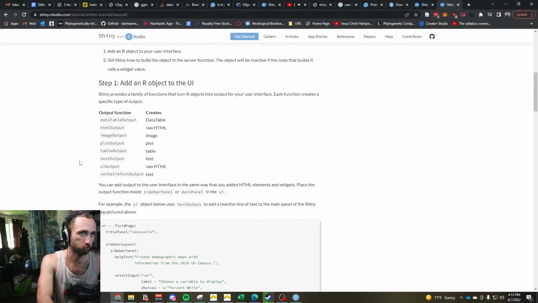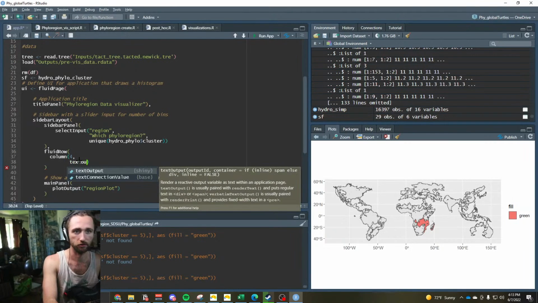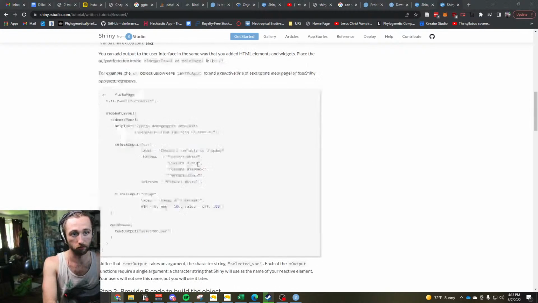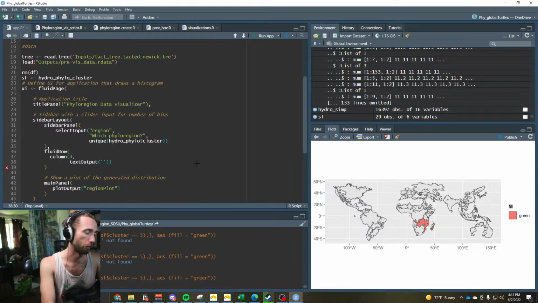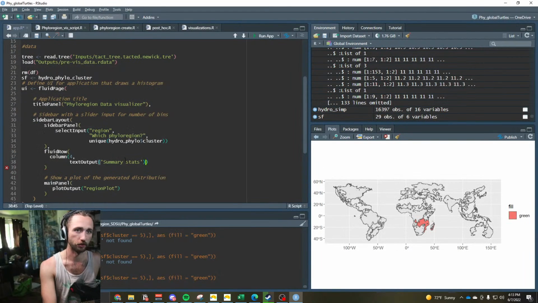So we're just gonna make a fluid row, and then this is where we're going to do a text output. So then, how do we do that? So text output. Okay, I see. Okay, now I get it. Summary stats, and then, because we would have it there, we would then, okay,